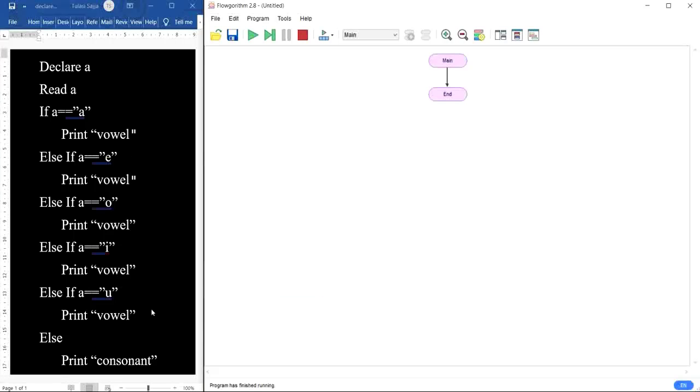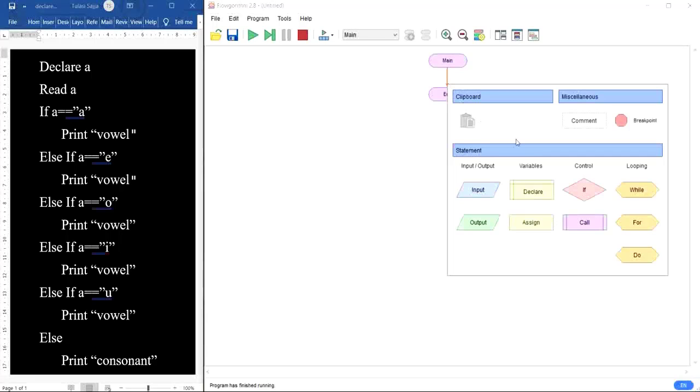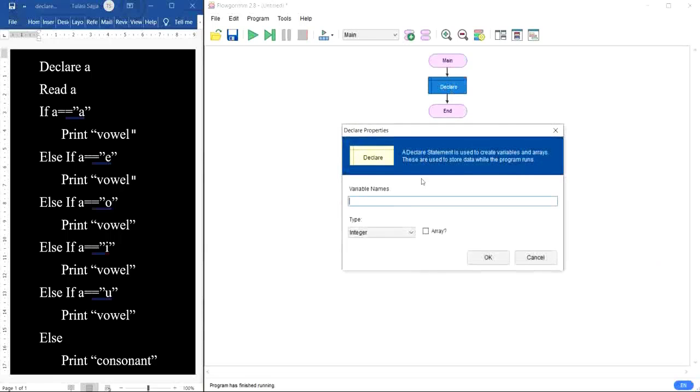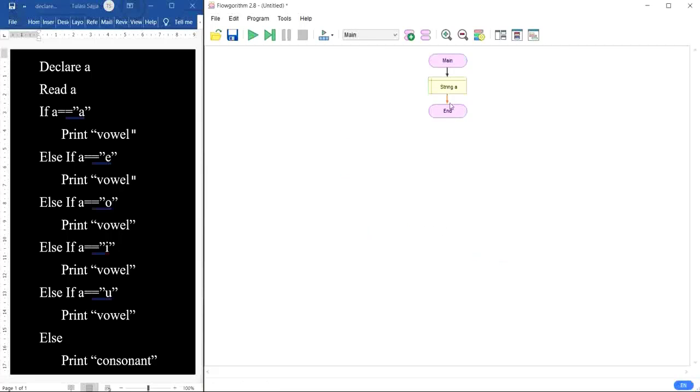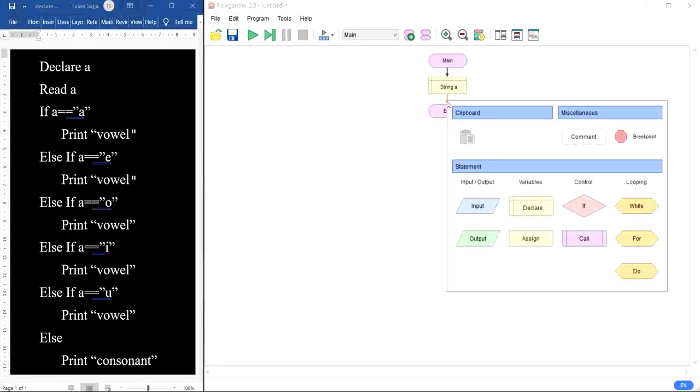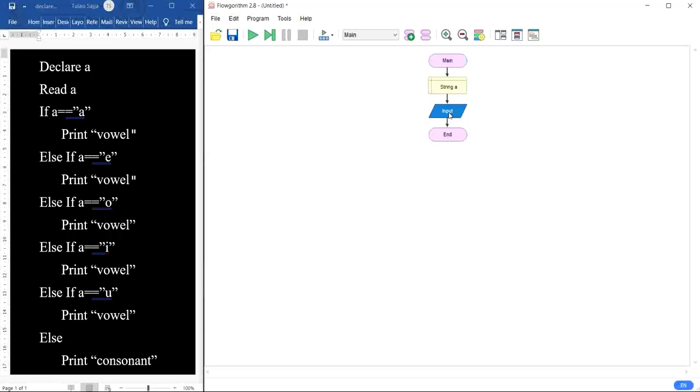Now with the help of this algorithm, we can easily design the flowchart for this problem. First declare our variable with the help of the declaration symbol. So declare a variable like A, which is of type string. Then read the input for the declared variable with the help of the input symbol.